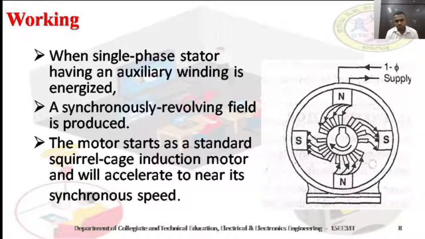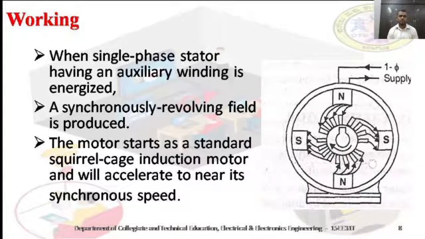So asynchronous, the field, no, the field will induce the north, south. We were getting it earlier. It was all synchronously produced, revolving. Yeah, an asynchronously revolving field is produced. The field will be asynchronous. Why is it asynchronous? Because the rotor teeth are not symmetrically used. It is unsymmetrical. That's why an unsymmetrical revolving field flux is induced.